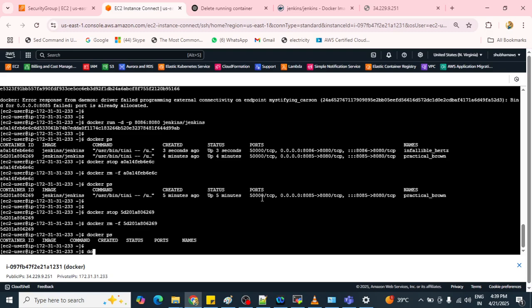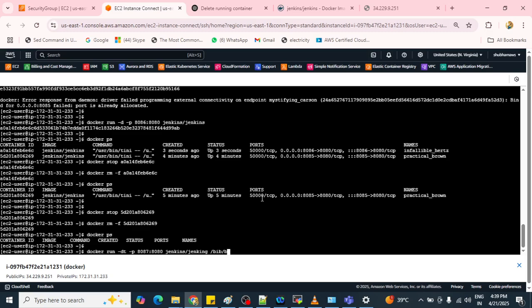Now again we need to run the command docker run -dt. Then -p for port allocation, we can give 8087 or anything, then 8080. Then you need to give your image name, that is called Jenkins, slash Jenkins, then slash bin slash bash.